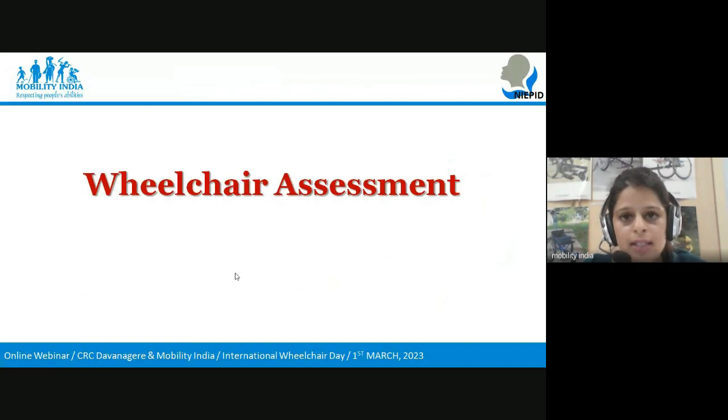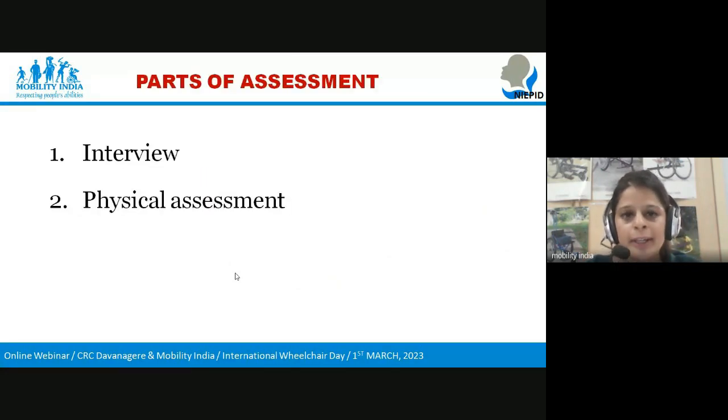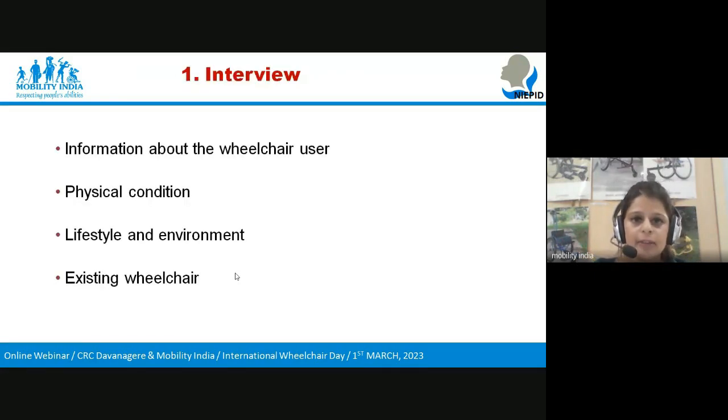Moving on to the assessment, wheelchair assessment needs to be done, which will be helpful for prescription of the appropriate wheelchair type and their components. Assessment is actually the second step of service delivery, right after the referral and appointment. It consists of two parts: interview and physical assessment. So in the interview,